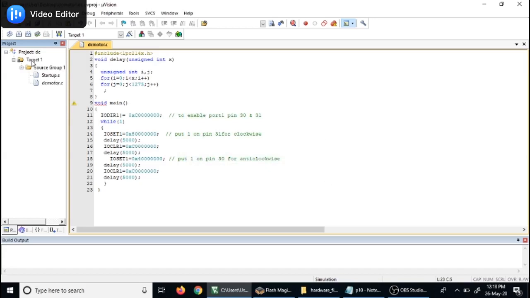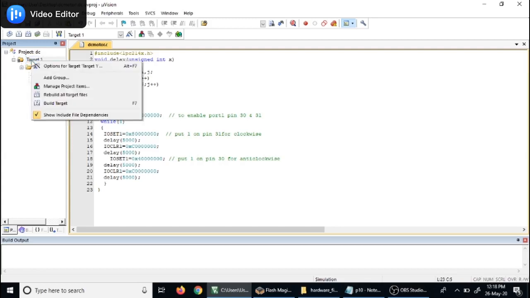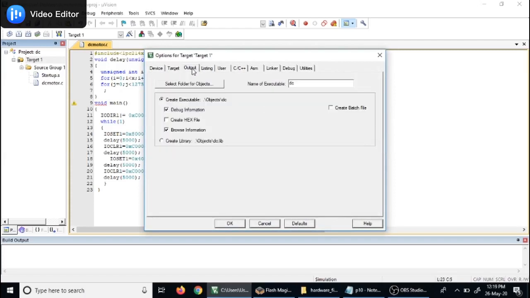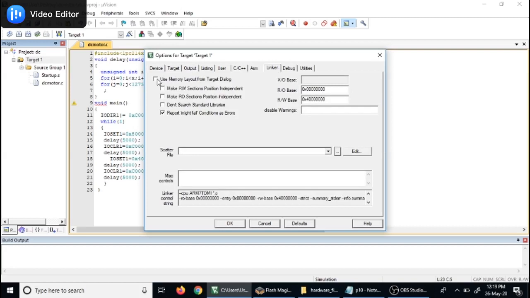Now go to Target. For all your Part B lab programs, you need to set the target, you need to configure even this folder also. Right click on Target, Options for Target 1. Here go to Output, click on Create HEX File. Then in Linker, use Memory Layout from Target Dialog.